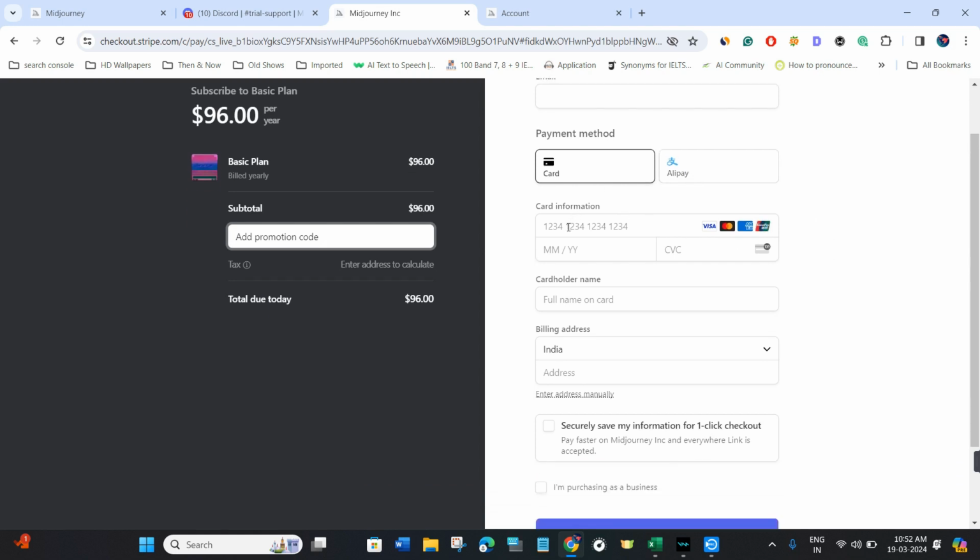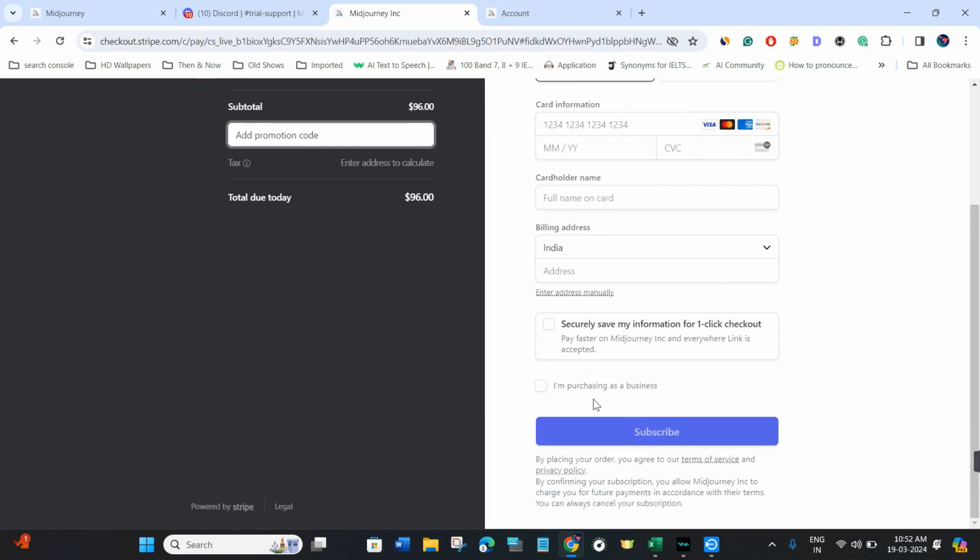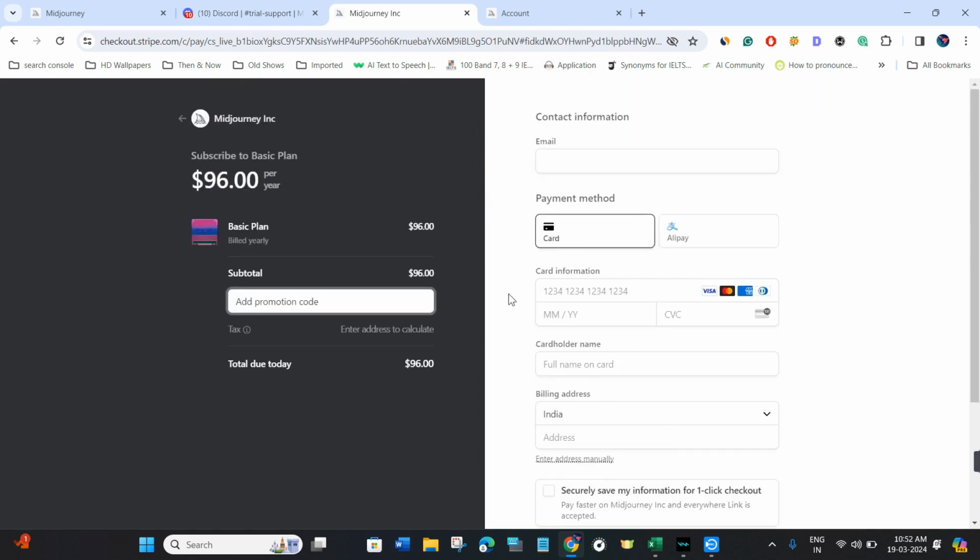If you have selected card, then you need to provide your card information such as your card number, its expiration date, CVV. Then you need to provide your name that is written on the card. After that you will have to provide your billing address and then you need to click on the subscribe button. On the next page you just have to conclude your payment, and this way you will be able to sign